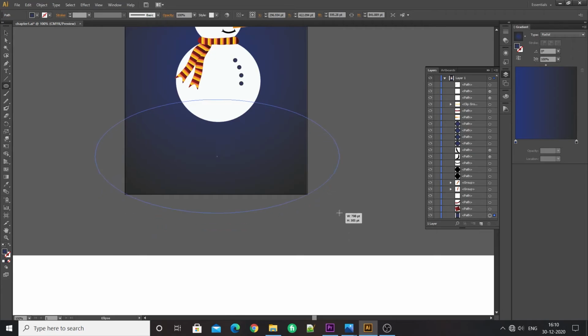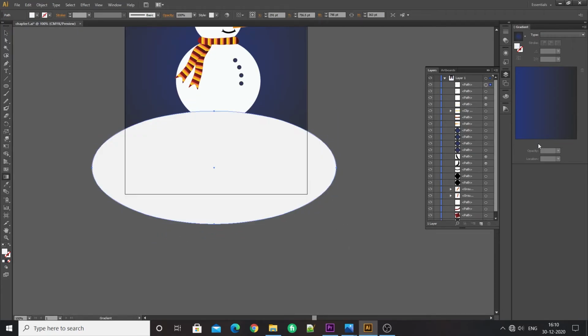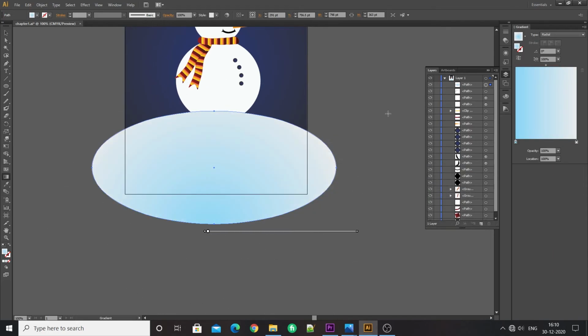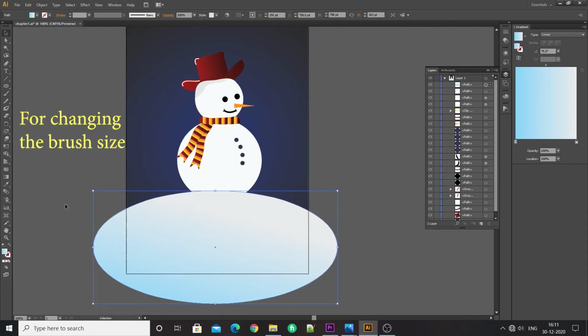Let's create an environment filled with snow. Create a circle. Apply gradient. Use the Forward Wrap tool to create an uneven surface.